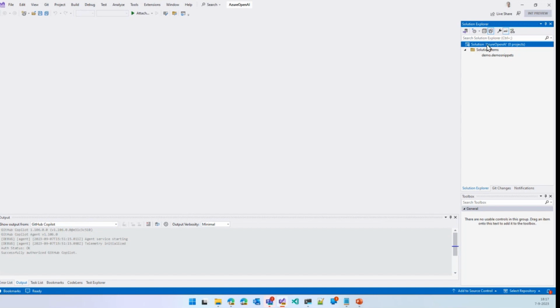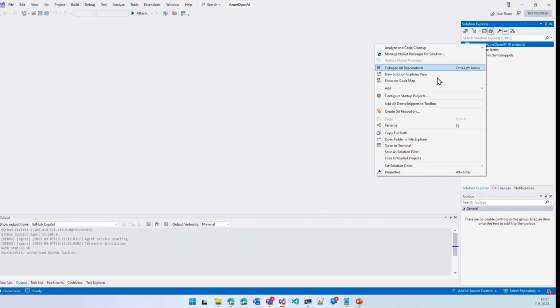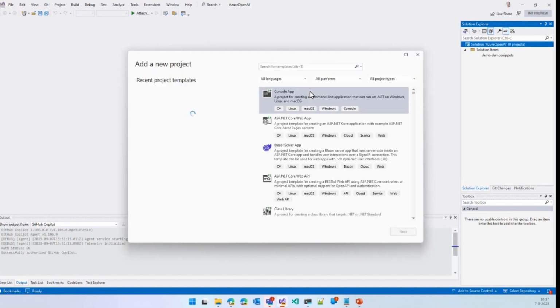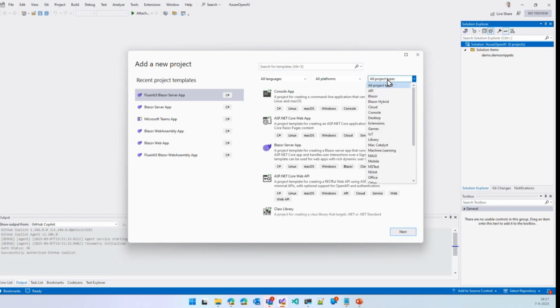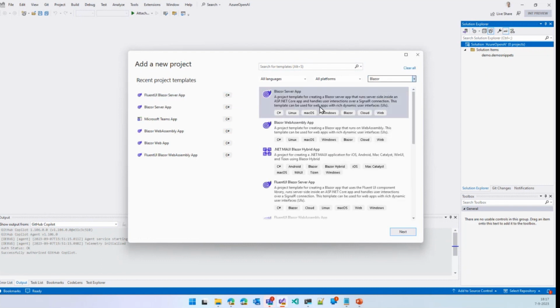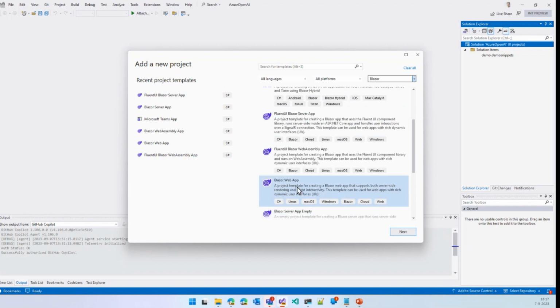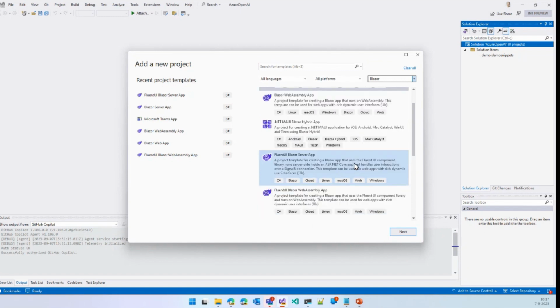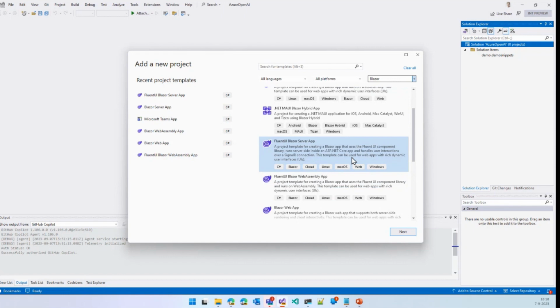First things first, we're going to click on the solution and add a new project. Of course, it's going to be a Blazor project. But this time we're not going to start with the regular Blazor Server app or the WebAssembly app, or even the new .NET 8 Blazor Web App, which is kind of an accumulation of those two things that we had before. But we're going to use a specific template that you can get if you install a NuGet package